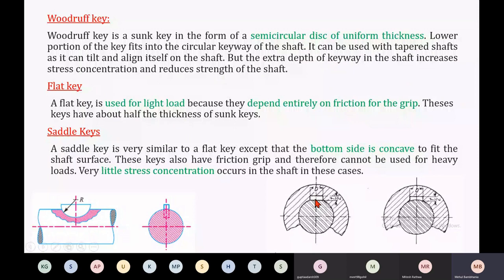If the shaft is carrying a very low amount of load, then this kind of key is generally applicable, and this friction is sufficient to transmit a lower amount of load or torque from shaft to hub. But if a larger amount of load or torque is generated within the shaft, then there will be a chance of slippage, that is called slip. Because no slot is provided, it is only due to friction that this key sticks to the shaft. Now, to improve this friction,